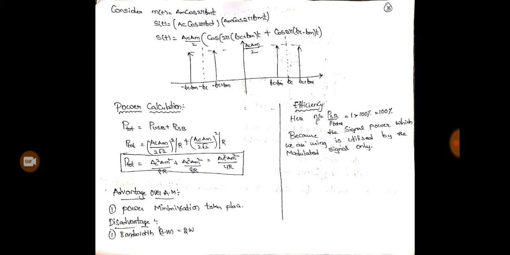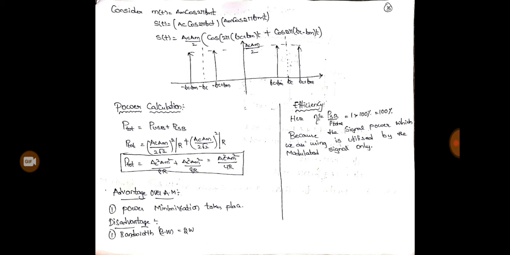Substitute in the general equation, then we will get s(t) = Ac cos 2πfct into Am cos 2πfm t. So AC multiply and divide with 2 on both sides. We know that 2 cos A cos B = cos(A+B) + cos(A−B). So Ac Am/2 cos 2π(fc+fm)t + cos 2π(fc−fm)t. So the spectrum will